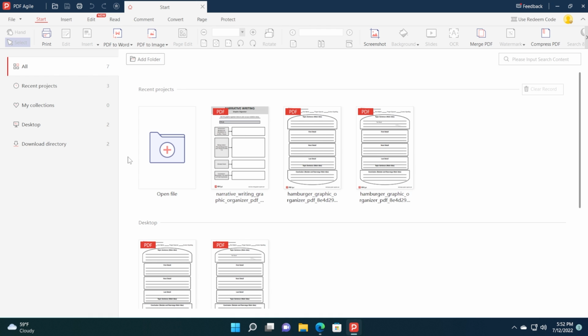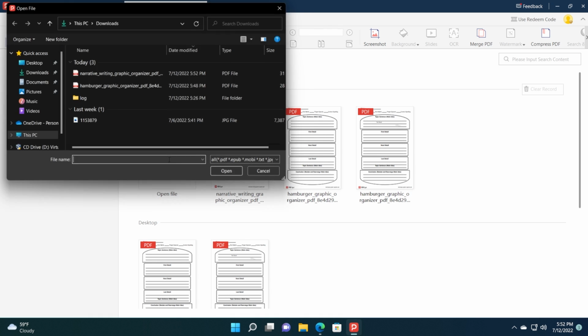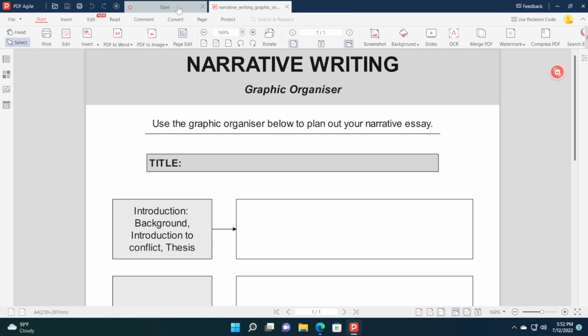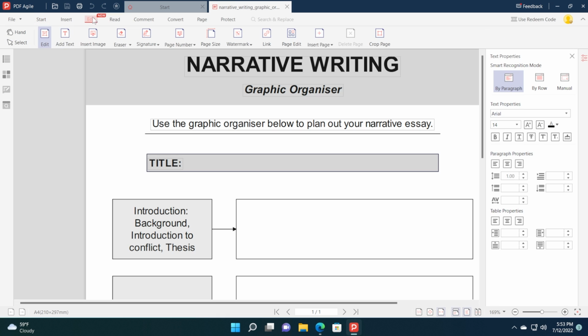Agile. First of all, in the software, we're going to load up a PDF document, and of course, I'm going to click on Open File and import my PDF document. As you can see, it will be opened up in a new tab, very intuitive. And of course, in here in the center, we have our PDF document. Up here in the Start tab, we have some of the most important functions that we can use in the software. So for example, we have Print, we have Edit, and if we click on Edit, we will be redirected